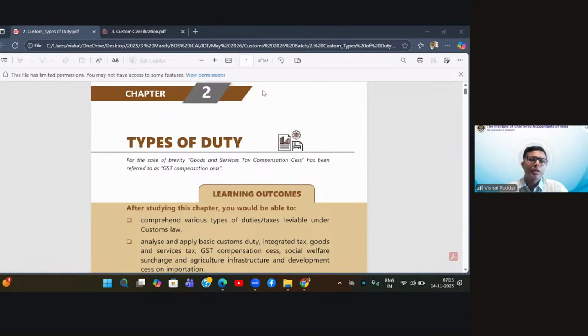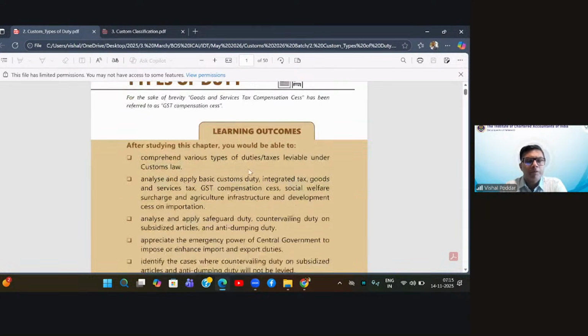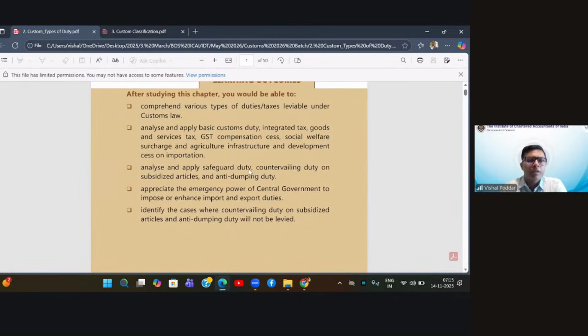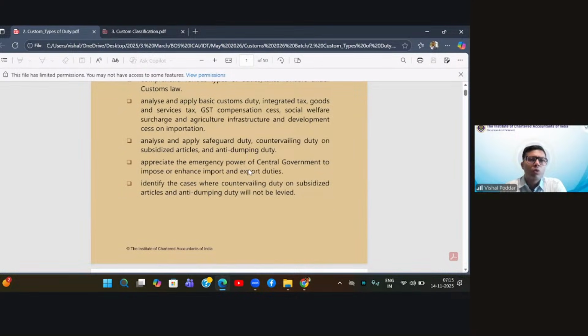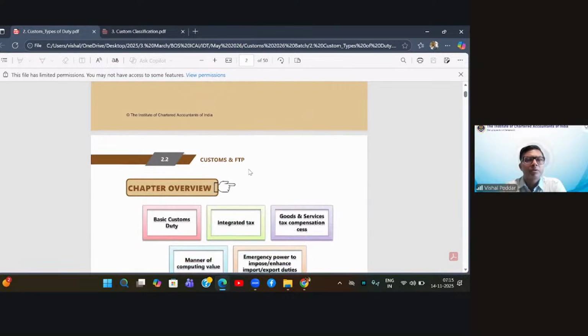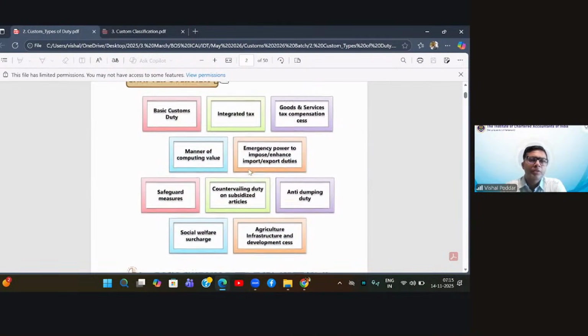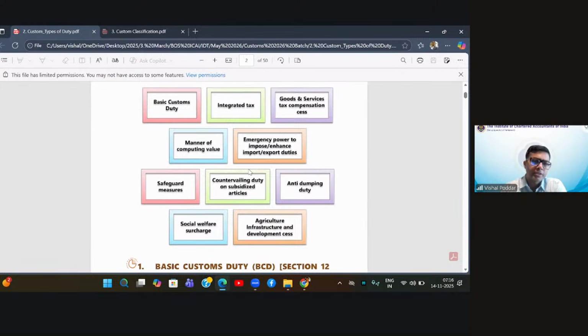So Trump is using their customs duty as a tool for ensuring the policies and promises of Trump being materialized. So this is just an idea which I'm trying to give to you, how duties of customs can be used. Now we explore this chapter with simple pointers in mind that Customs Act is not an act only for the purpose of revenue collection. The purpose of customs is much wider as what we discussed.